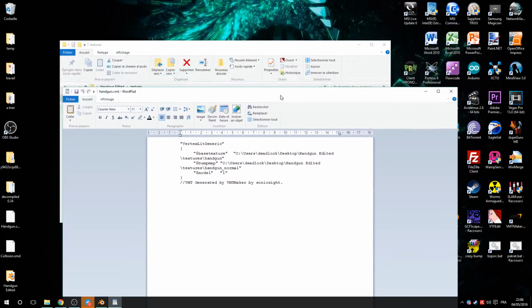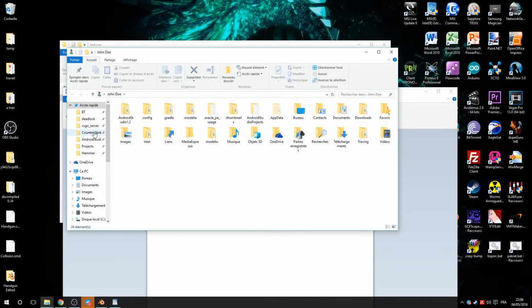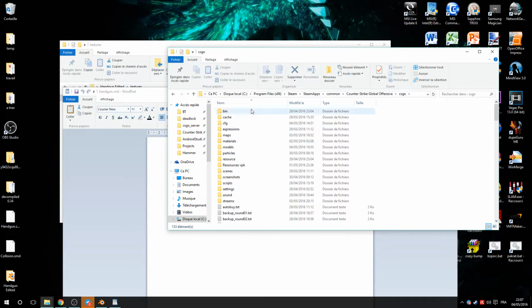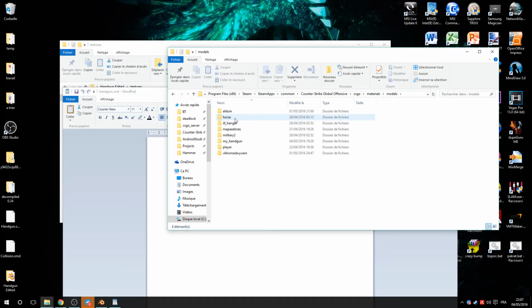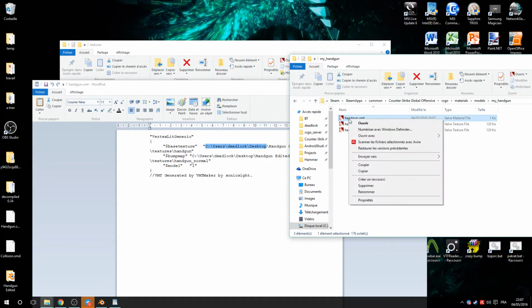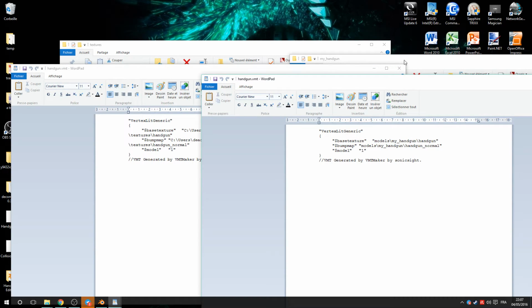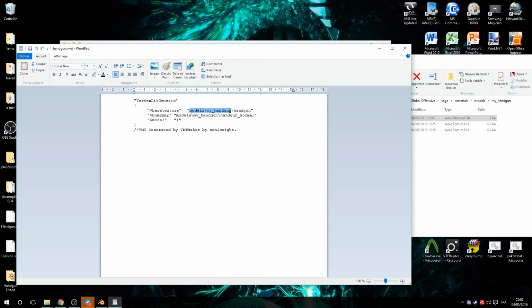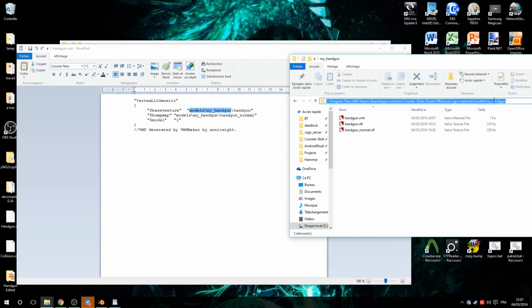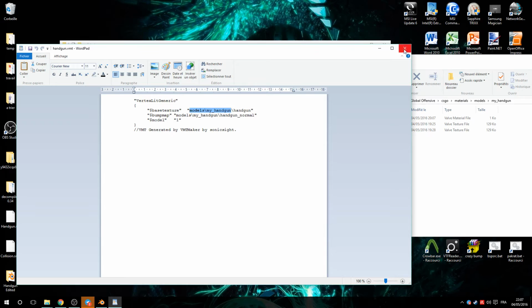With WordPad, you can see here that there is a directory where your textures are located, but we need to make them located in our CSGO folder, materials. I will create a new one in models. I already did that, in my handgun. Then you need to change your file from this to this. So we just need to change the path here to models my handgun. Once you did that,